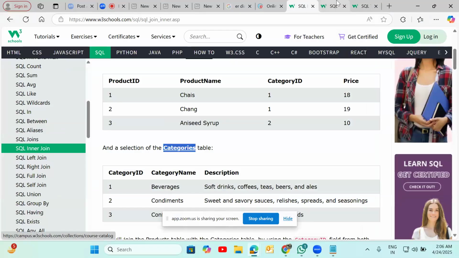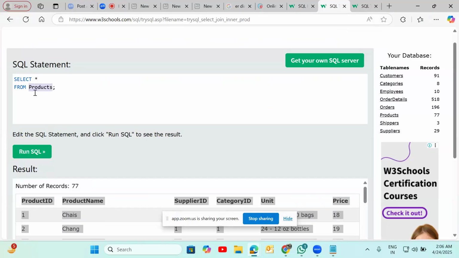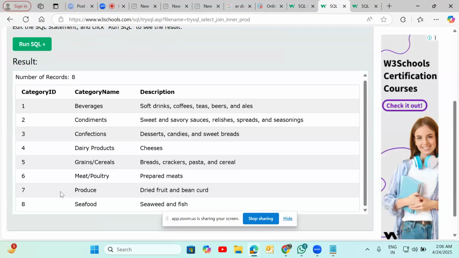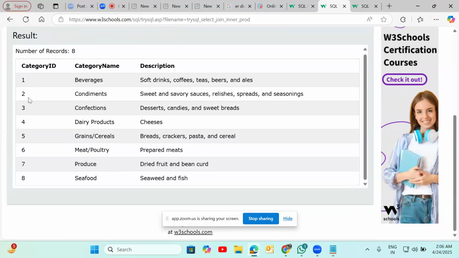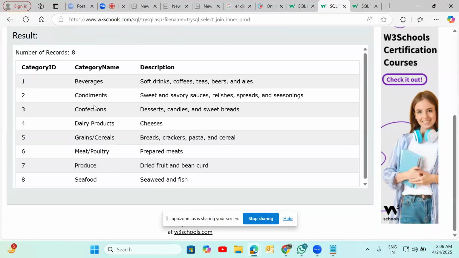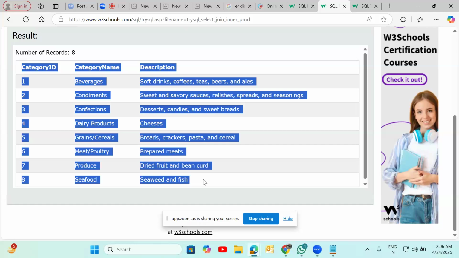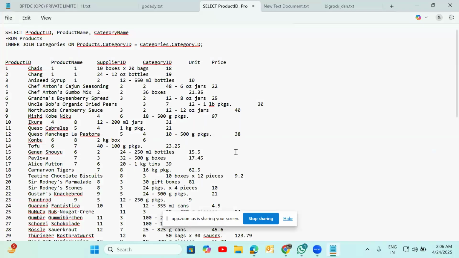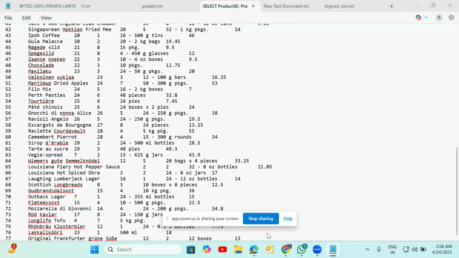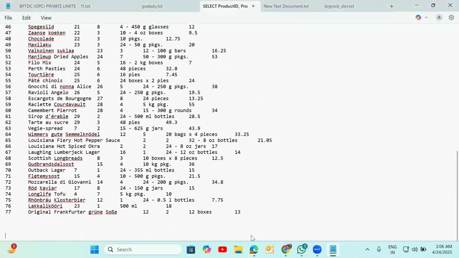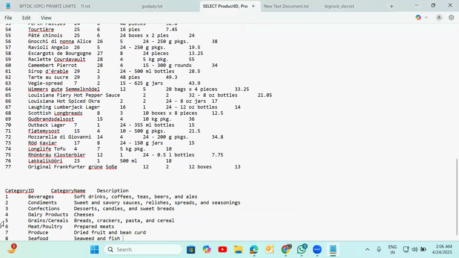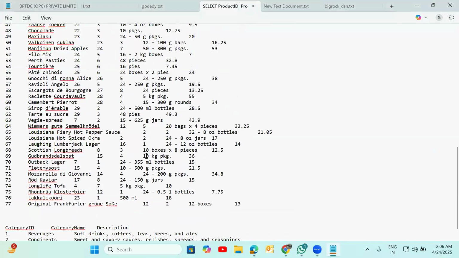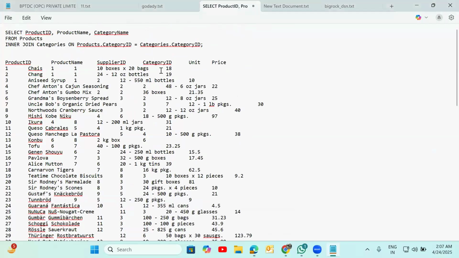Total 1 2 3 4 5 6 7 8 records in the category table. Okay, here we have it. To verify this, better we can copy it into Excel.